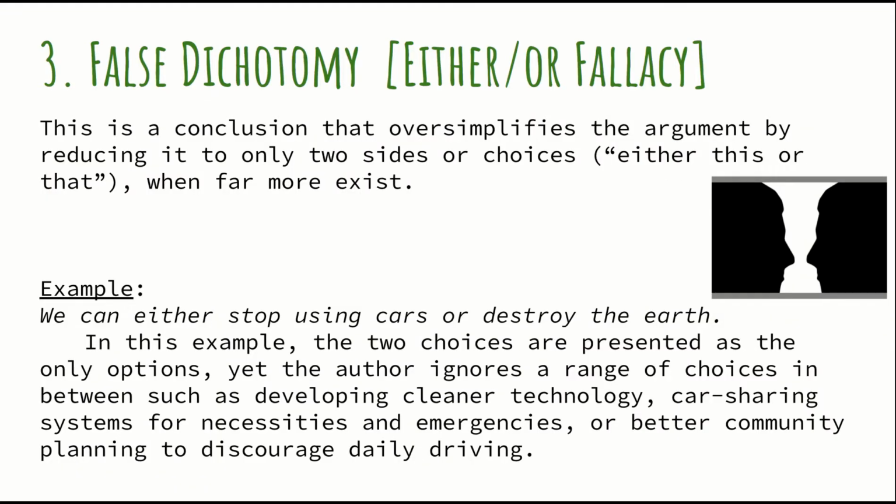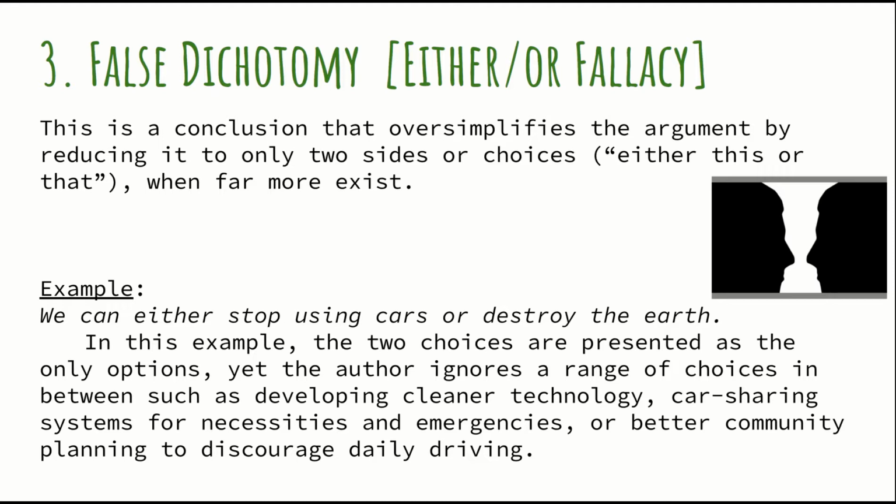Number 3 is known as false dichotomy. That word di means two, so you're splitting it into 2 choices. Therefore, it is sometimes called the either-or fallacy. So the little image there, it's an optical illusion. Some people might see faces, some people might see a vase, but maybe there's other options that we're not even thinking of, and people can talk about 3 or 4 other images that they might see there.